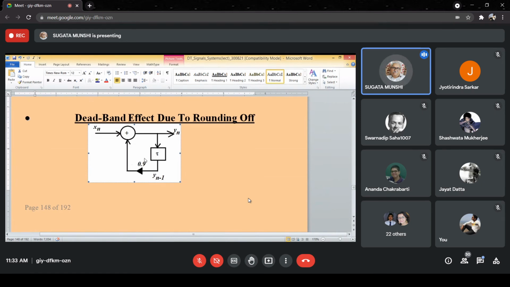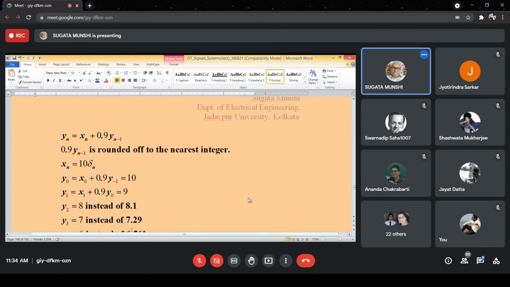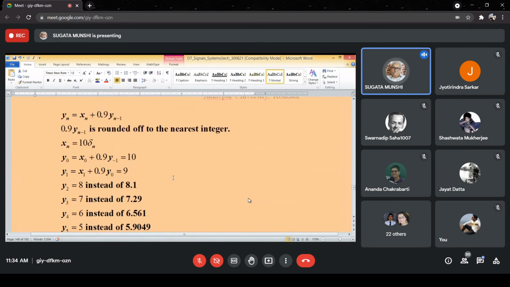I have only changed the sign of this coefficient, recursive coefficient. না না, হ্যাঁ, হ্যাঁ হ্যাঁ, না না এটা আগে আগে দিয়ে নেই তো ওখানে গিয়ে একটু কথা বলো না।